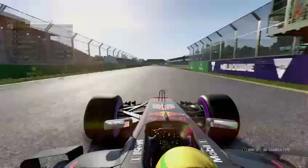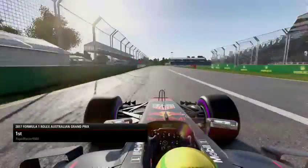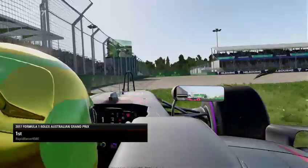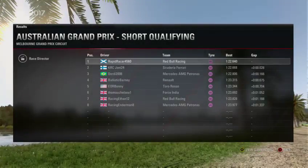Jacob is on the lap, but... Yeah, okay, so... Jacob is on pole for the first race. So there we go, so...